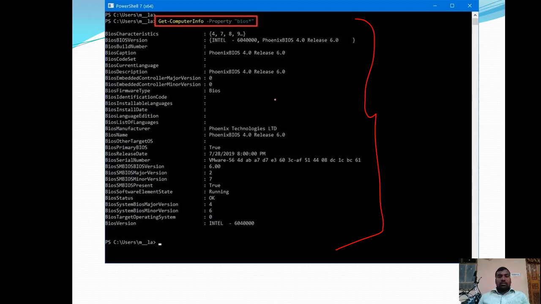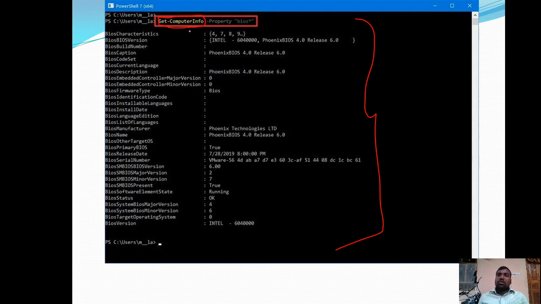I hope you are getting the point. We are using PowerShell to view the system specification details, and that can be done in two ways. With this command, Get-ComputerInfo, you get the entire system specification.